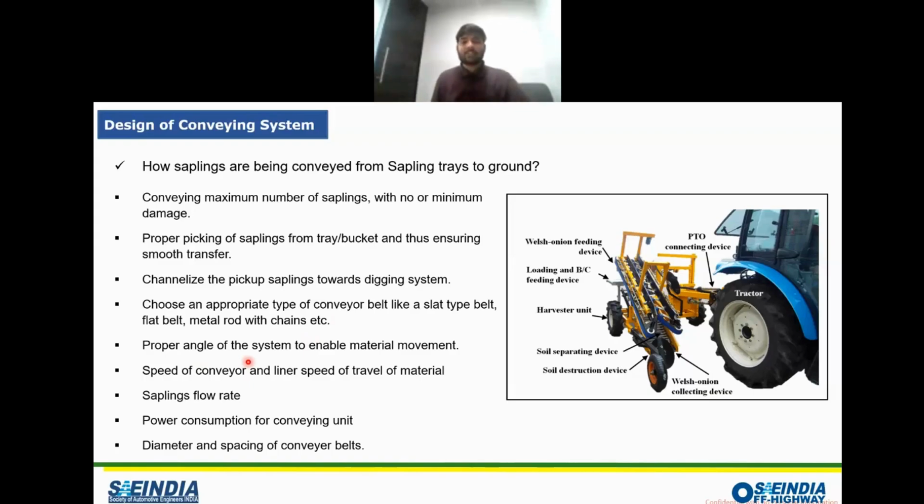And then the flow rate is obviously related to the spacing requirement, so you need to vary that spacing for different crops, what we discussed in the agronomy. So that provision should be there. When the pickup speed is changed, your conveyor